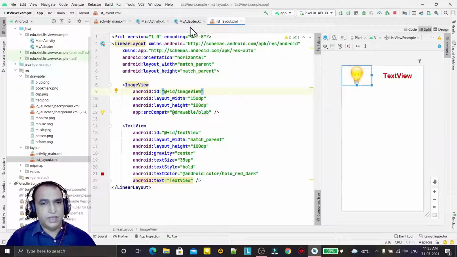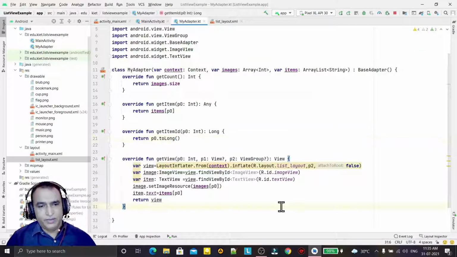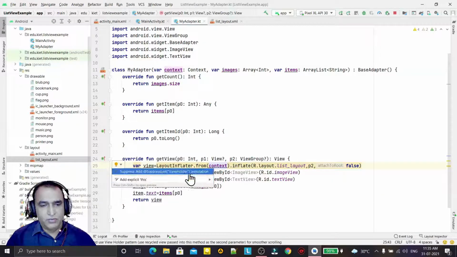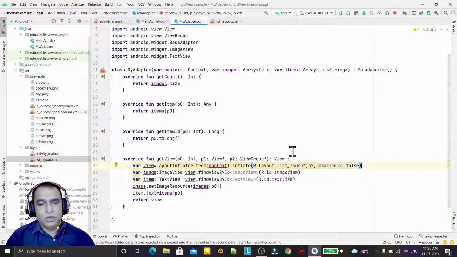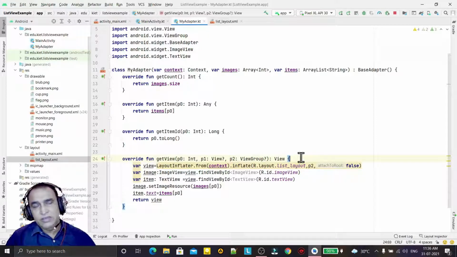The problem is that if you go to the adapter, you see a warning saying that you have to suppress the annotation of view holder, because in later versions, like after API 21, API 29 and 30, we are just using a view holder like we use in recycler view.